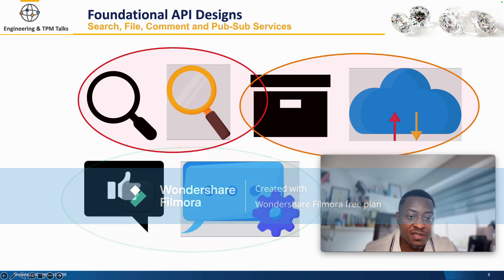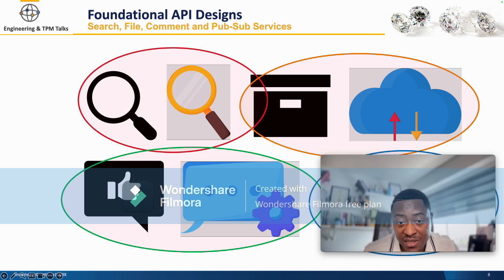And then the last, and not the least, and it's debatable for some, is a pub sub or a publisher subscriber service, right? And typically what a pub sub building block or problem does is that it shows you how to opt or how to design an event-driven architecture over a request response architecture. And I'll go into what these different architecture types mean. Don't worry about it, we'll go into it at some point.